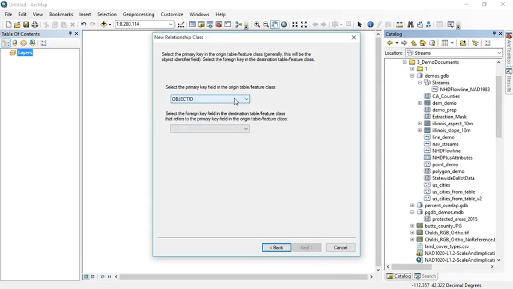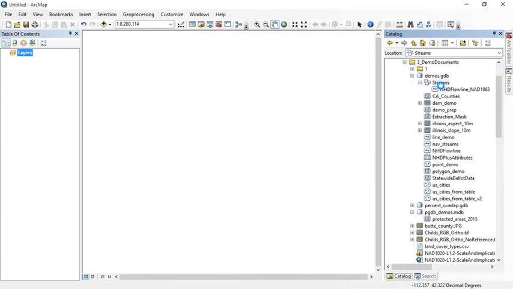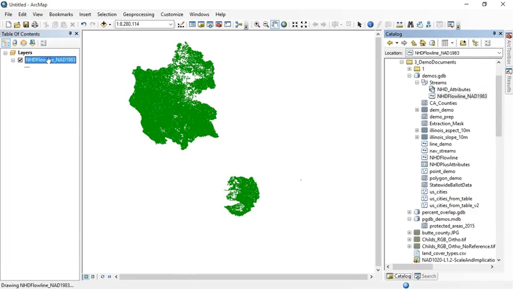And then here's where we select the fields that are common to the data sets. So these two use a field called component ID or COM ID. Then they both use that field. So I'm selecting that, and that's the field that is going to do the join on. And then I'll click next again. It gives me a summary, and I'll click finish to create the relationship class. And it thinks for a bit, and then it adds this item here, which is a relationship class, these arrows pointing between features here. Now, if I add the NHD flowline to my map document again,